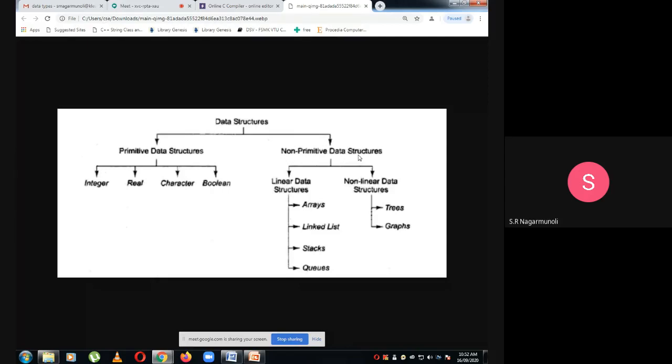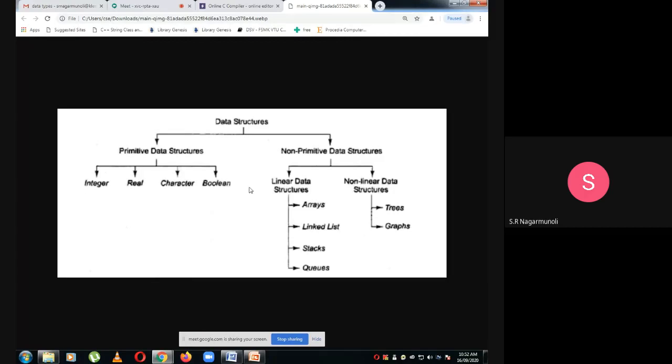Then these are the non-primitive data structures. Under the non-primitive data structures, we again have two categories: linear data structures and non-linear data structures. Linear data structures are array, linked list, stacks, and queues. Non-linear data structures are trees and graphs. We will be learning each one of these, doing an in-depth study of all this.